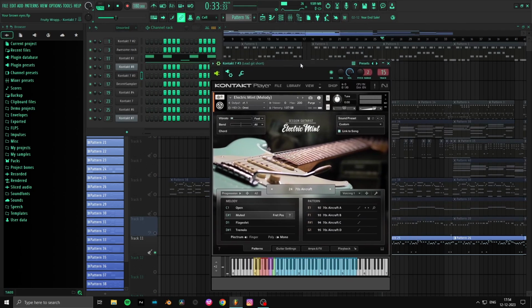This is also a preset from the Electric Mint. It's called 70s Aircraft. So it has a lot of functions: vibrato, bend, chord mode, all that. So voicing. So you have the melody mode as well. So open mode, muted mode, flageolet. Then you have tremolo. So all of that stuff. So you can just mess around if you